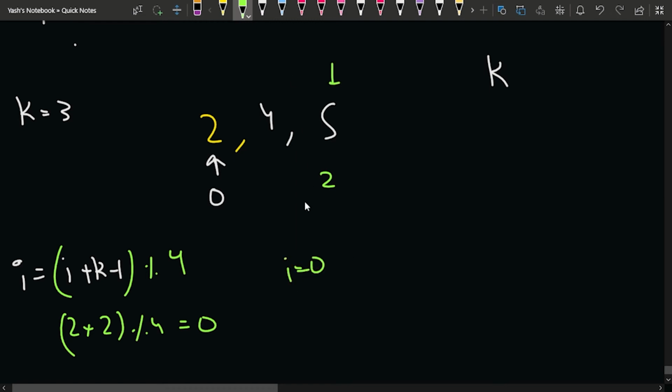So this will be the third person from here. So that is nothing but I plus k minus 1 modulo the size of the array, that is 3. So I standing at 0, 0 plus k minus 1 will be 2. 2 modulo 3 will be what? It will be nothing but 2 only. So I'll kill this particular person. So I'll kill this.